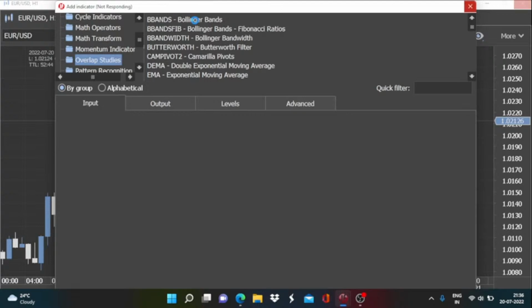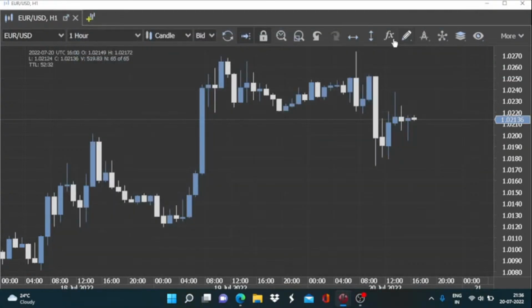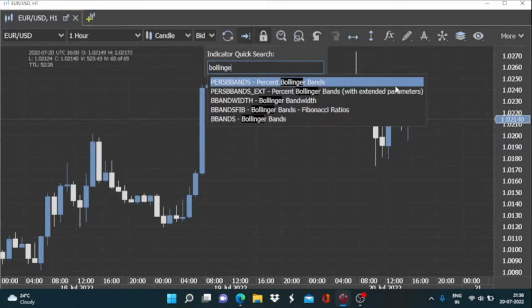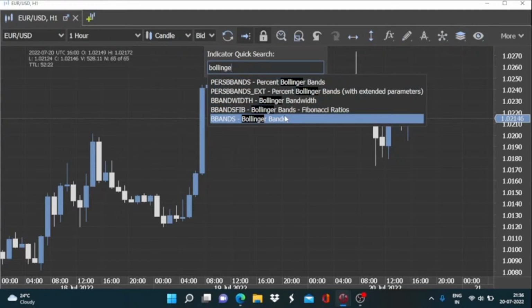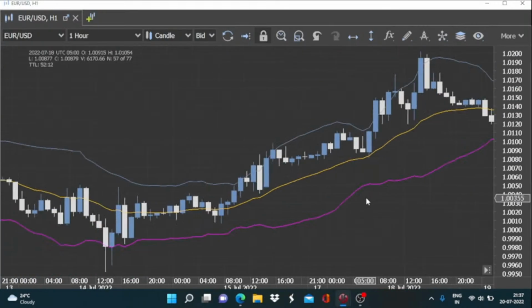So this you will find here, and you can add it from this option, or you can simply do a quick search. Here you type in Bollinger Band, and we have all these types of Bollinger Bands. We will consider these types in a coming session. Today we will consider the basic formation. So this is the original Bollinger Band,